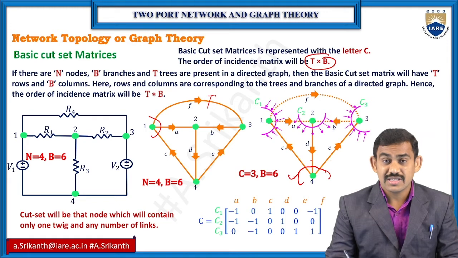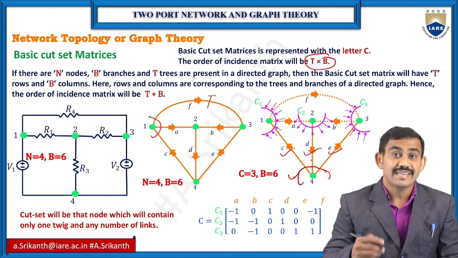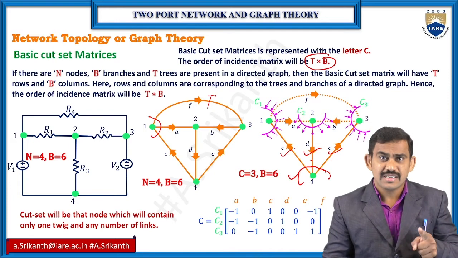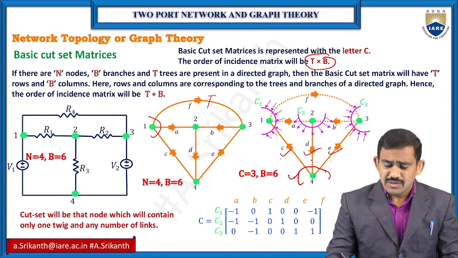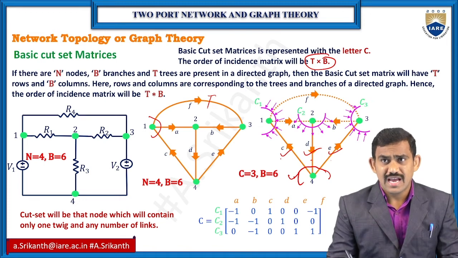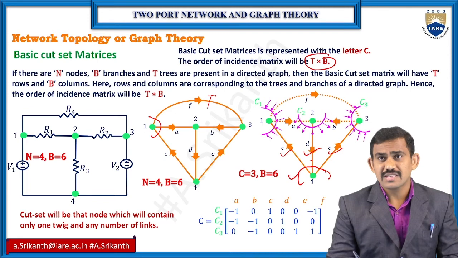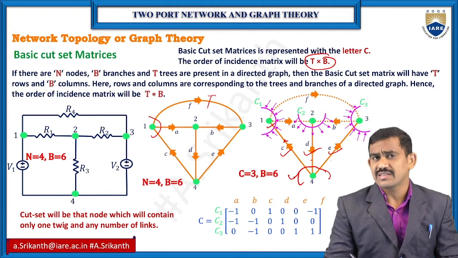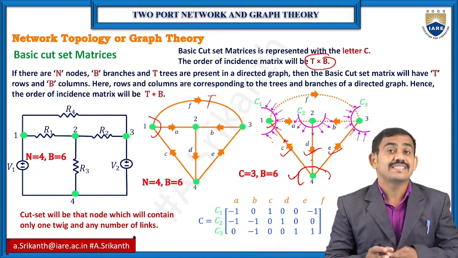But which tree are you cutting? C tree or D tree or E tree? Again, no need to cut again. So for one particular tree, I need to cut a particular node only. Use the tree direction that we have. Suppose here I am using the C cut. So incoming currents are positive for this node, outgoing currents are negative for this node, and not connected branches is 0. So using this method, you need to find out the ABCD parameters.